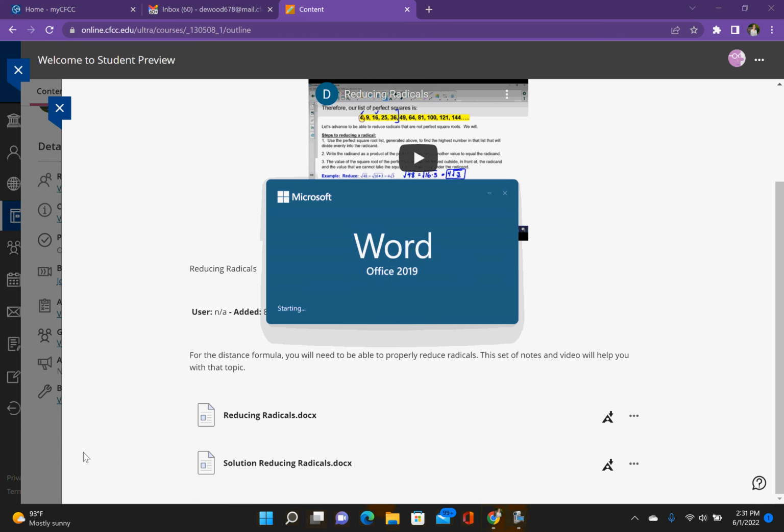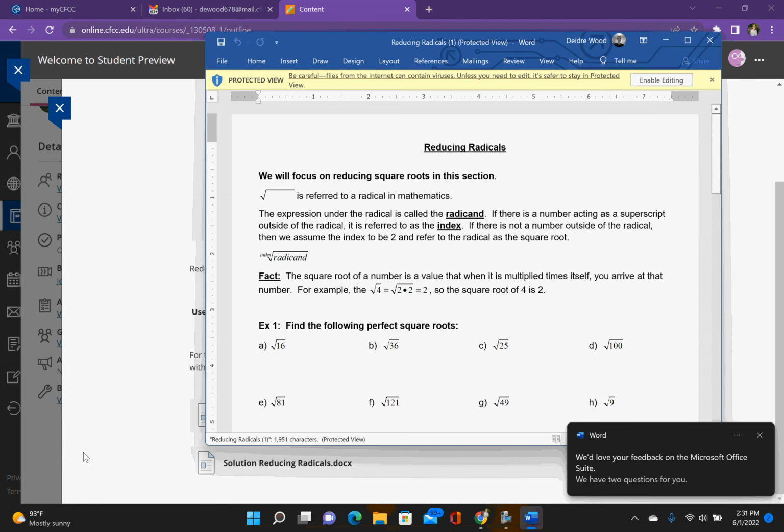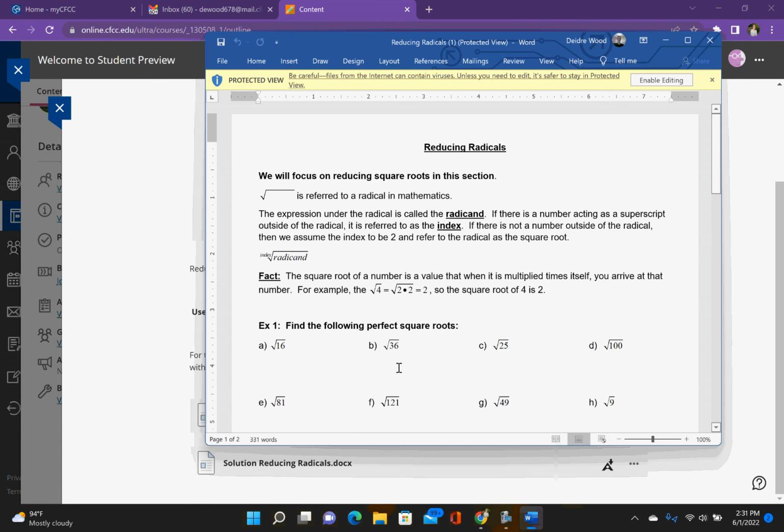You can print this document off and work through it as you watch the video and check yourself by the solution key that's just below here in Blackboard. Or you can pull out a sheet of notebook paper and as you're watching the video and checking yourself by the solution key, you can just be sure on that plain sheet of notebook paper you title it for me,